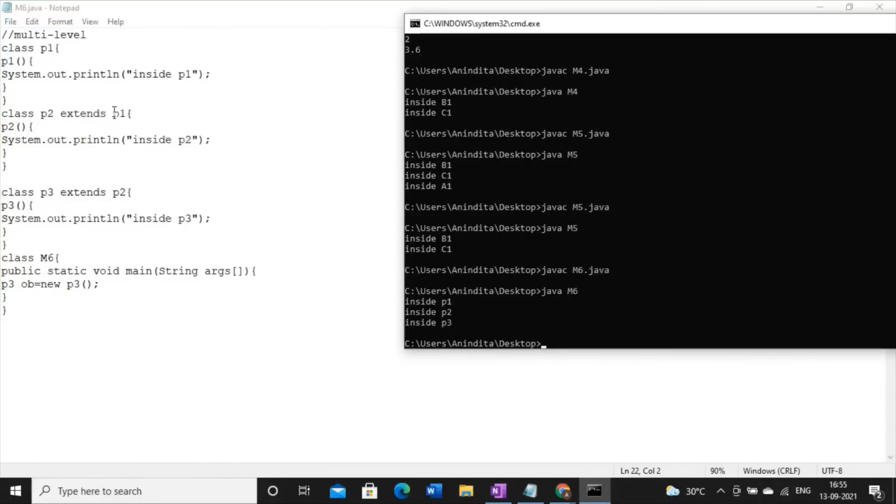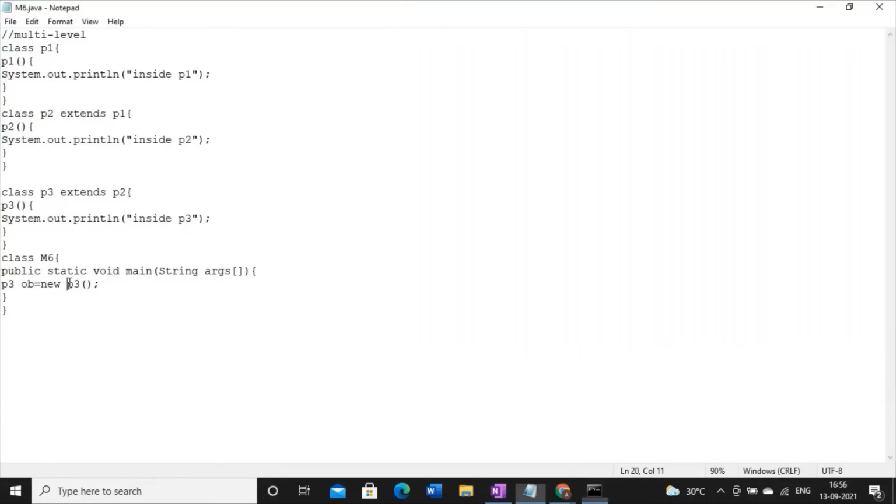So this is the answer, and this is the trickiest question. Whenever you have multi-level inheritance and you have only default constructors, or no parameterized constructor, inside all the superclasses and subclasses, then you have only one option: create the object of the lowermost subclass. While creating the object, the constructor of the lowermost subclass will be called.